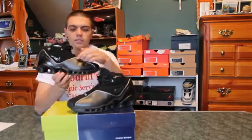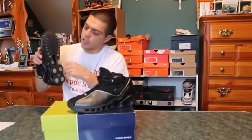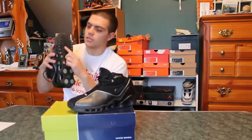So the VC2 has a really nice suede with perforations on most of it, and if you feel it, it's really, really nice quality suede, along with this leather that has this nice silver accent piping on these ones, and a lot of the other ones are accented too. It also has some nice pull tabs, like on the back right here where it says Vince Carter, and then the Shox system is rounded on the bottom with your 4 main shocks, and they have these nice shocks on the side, kind of in a V, in a way, I guess maybe you could say Vince Carter. And this isn't really like a traditional Nike basketball outsole, but it seems to work really good. It has really good grip when I run my hand across it. I don't know if that translates that well to the court,